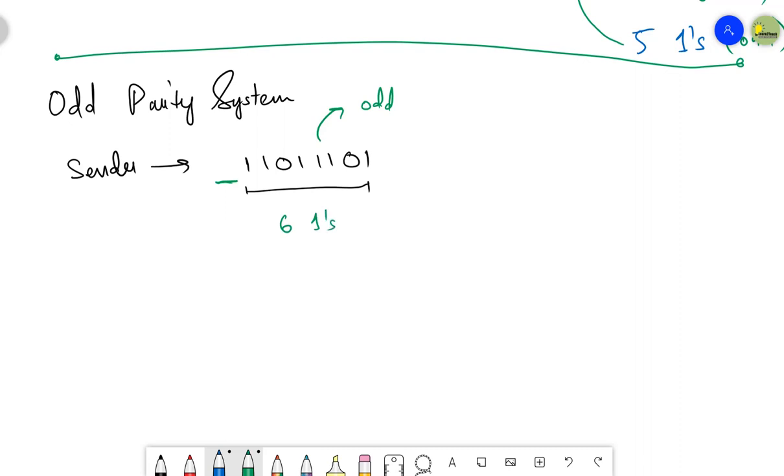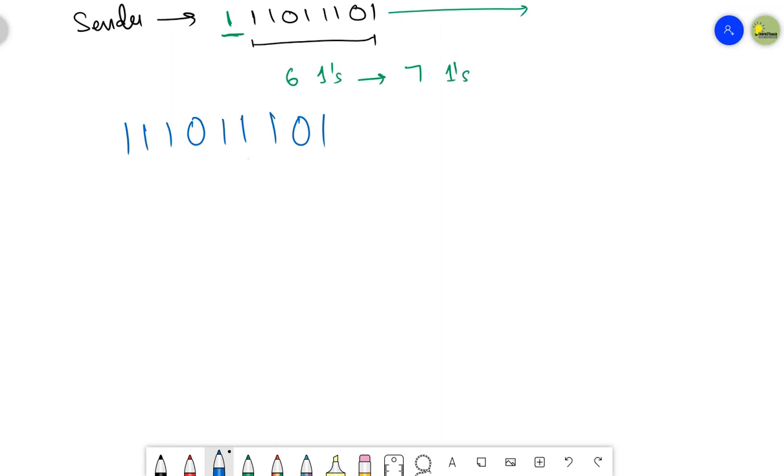So in order to make the total number of ones odd, you have to set the parity bit to 1 so that the total number of ones becomes 7. So now from 6, it becomes 7 ones, which is an odd number. Now, when this particular data is sent to the receiver and the receiver receives it after data corruption, let's suppose the data has been corrupted and this data, 11101101, after data corruption, one of its bits, let's suppose the fourth bit, turns to 0 due to data corruption